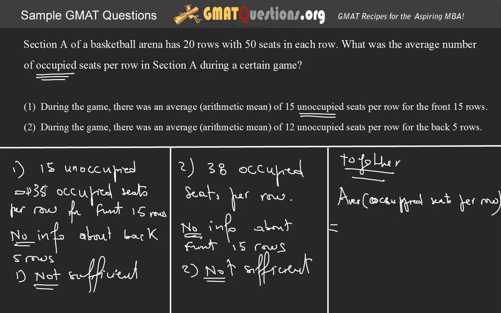My writing is bad here. Hold on, let me just write it better. Occupied seats per row should be equal to the number of seats per row for the first 15, which, be careful here, is 35, not 15, times what? Times 15, right? Because 35 per row